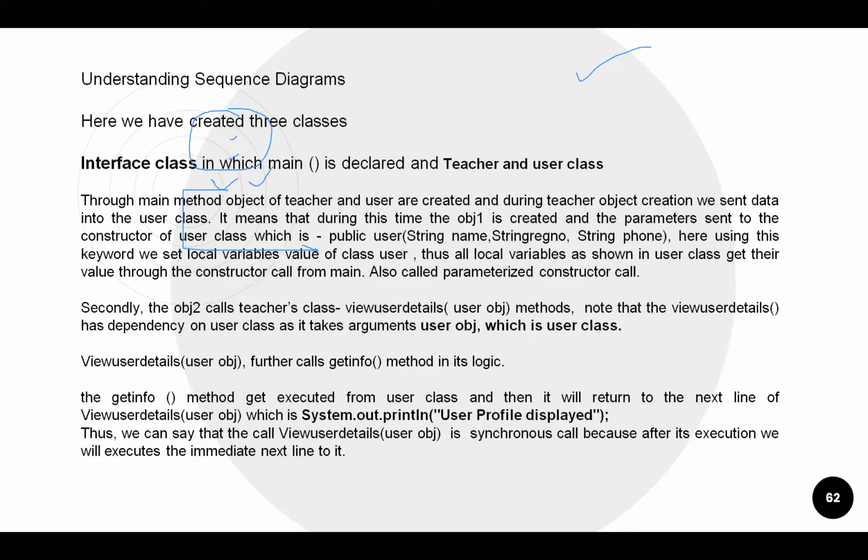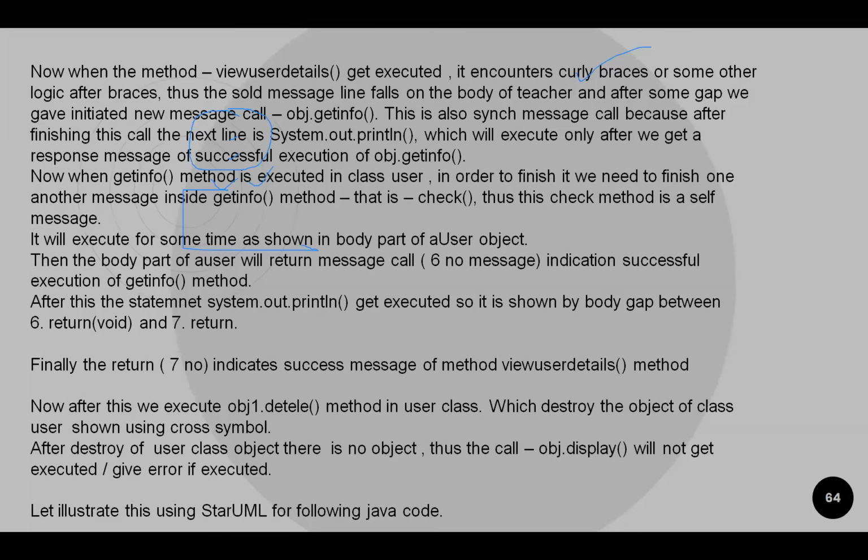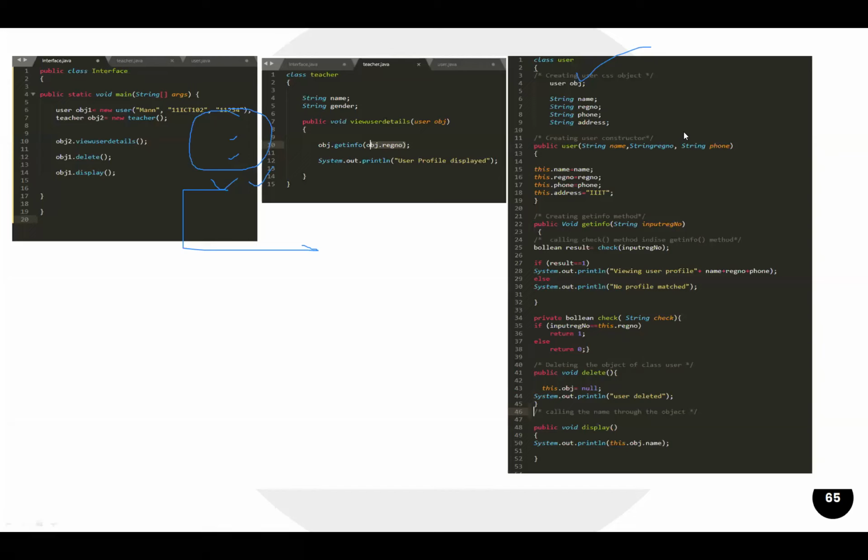Let's try to understand one code, and later we'll try to draw the sequence diagram for it. Here, please see this.